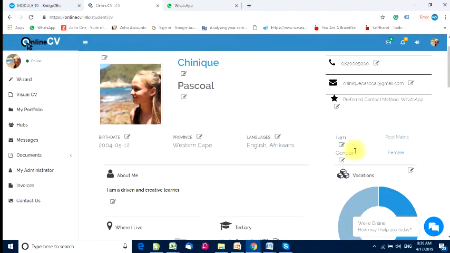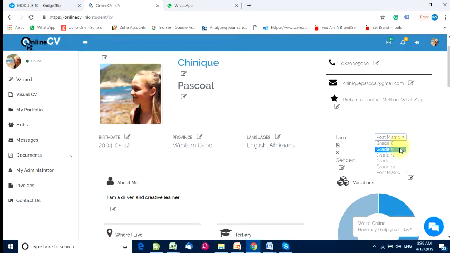So here you can only add in this field here. You can say I am post matric. You can say grade 12, grade 8, 9, 10, 11, 12. Take out, or you can keep it there, but then post matric you can add. Say post matric, I want you to make it grade 12. Then you can make it